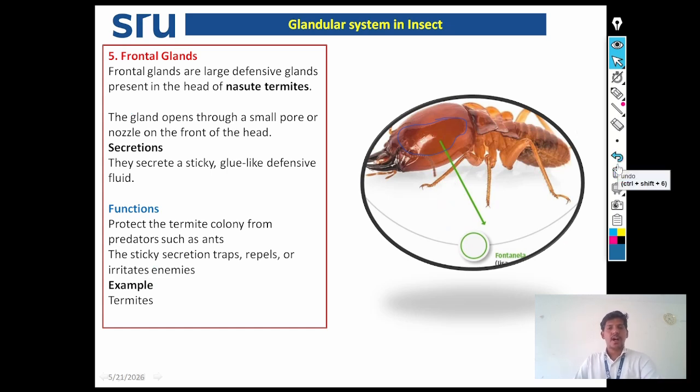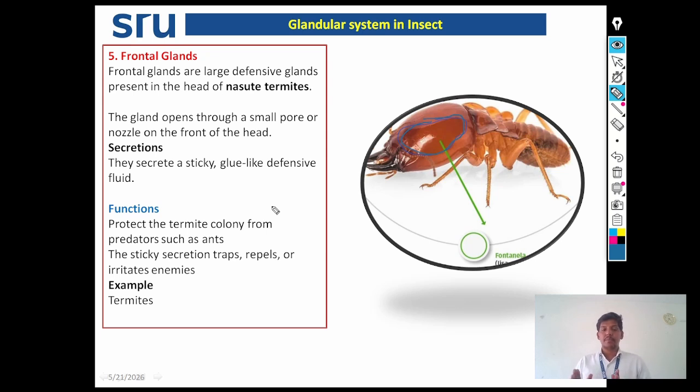Next, frontal gland. See here in the frontal region of the head. Frontal glands are large defensive glands present in the head region of nasute termites. These glands open through a small pore or nozzle on the front of the head region, and they secrete a sticky glue-like defensive fluid